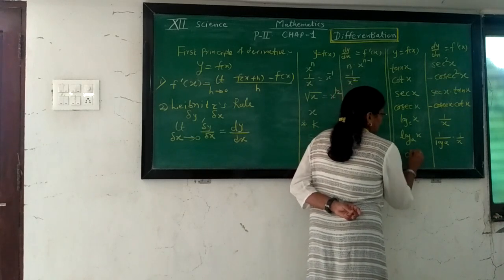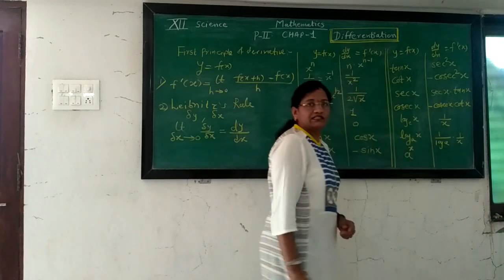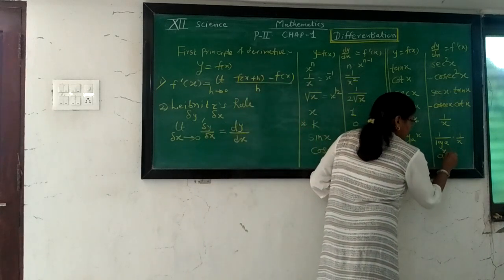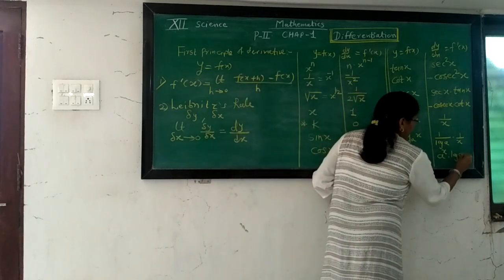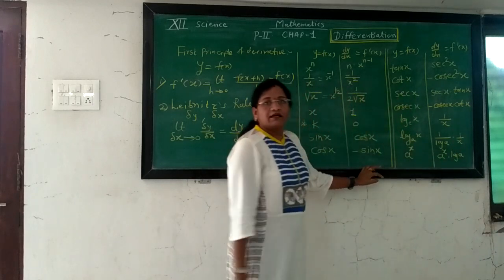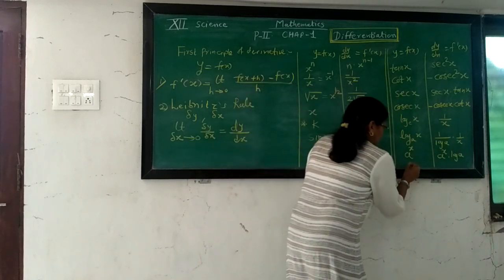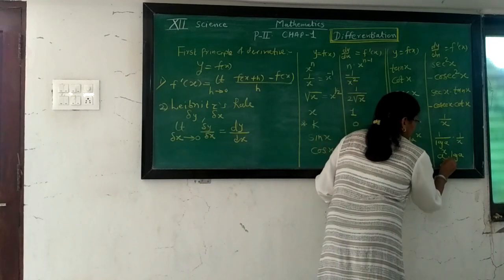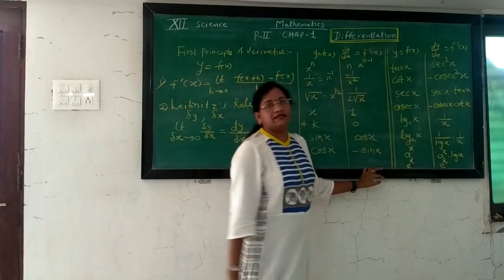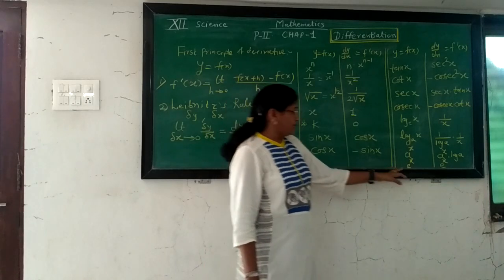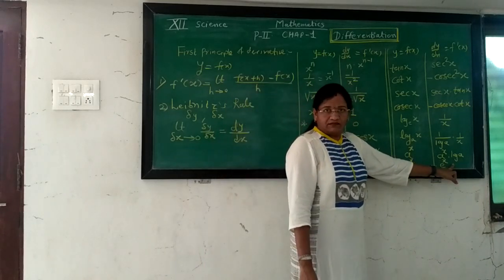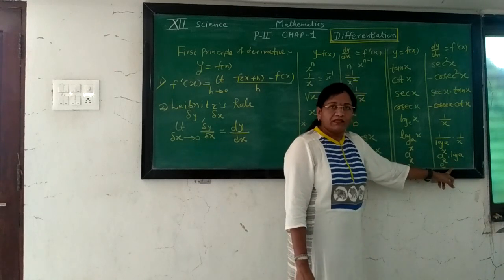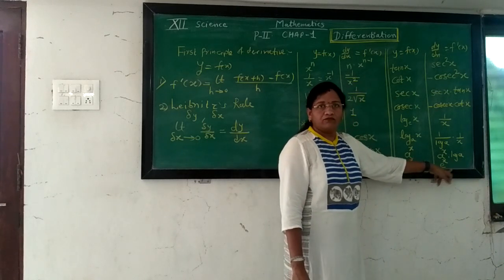Now next function a raised to x, that is an exponential function. Derivative of exponential function again starts from itself, multiplied by log of that base. A raised to x into log a. And last function e raised to x. Derivative of e raised to x is only itself, that is e raised to x. Here we can multiply by using the previous rule, that is log a. Here we multiply log e, but the value of log e is equal to 1.